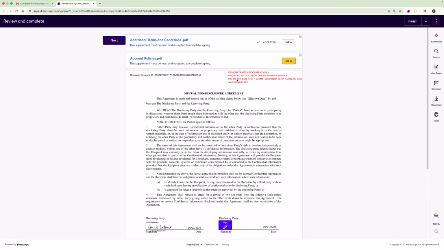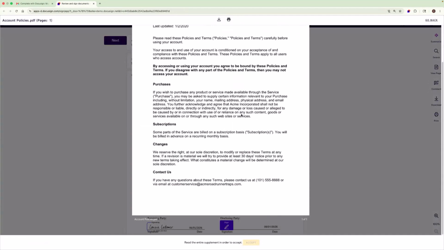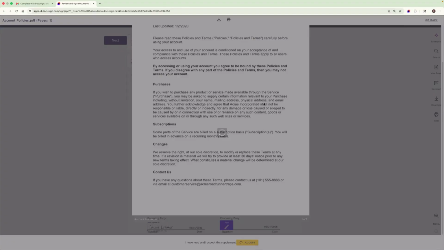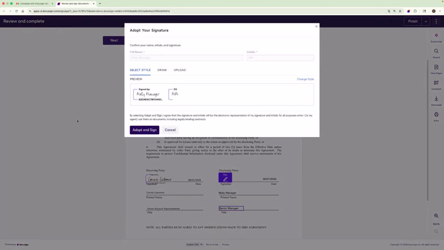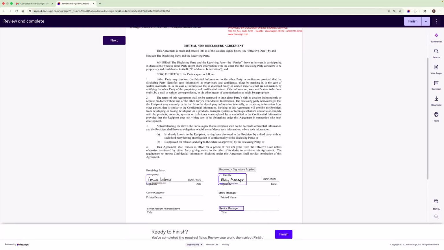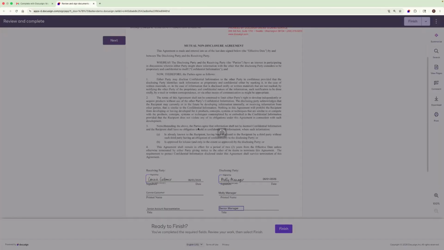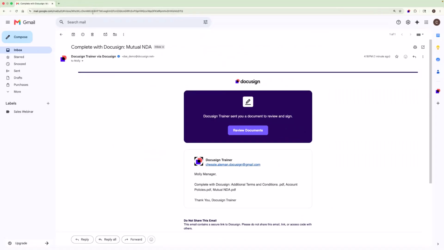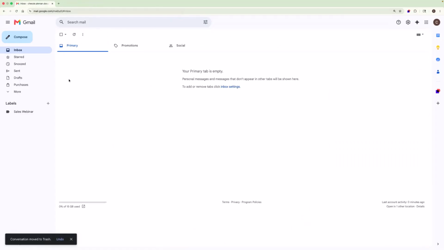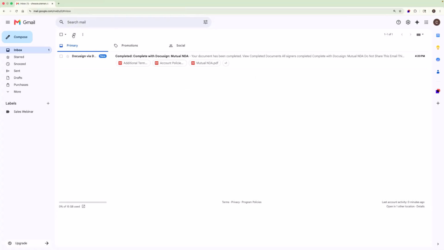And the same thing with that account policies. Scrolling through, now they can click accept. And Molly Manager will sign and enter her job title. Of course, now that the envelope is completed, everyone will receive a completed copy of the envelope via email. So we'll see those completion emails start to come through.